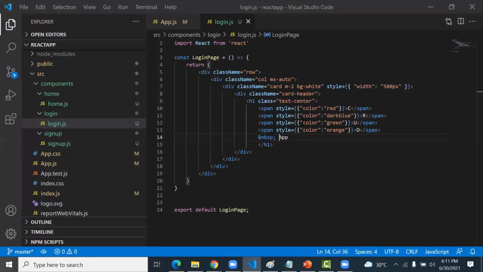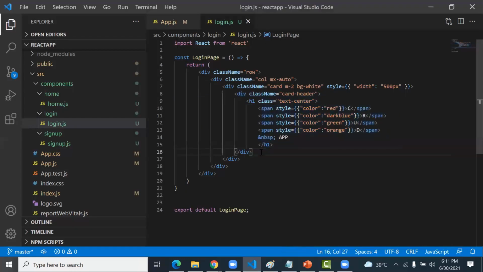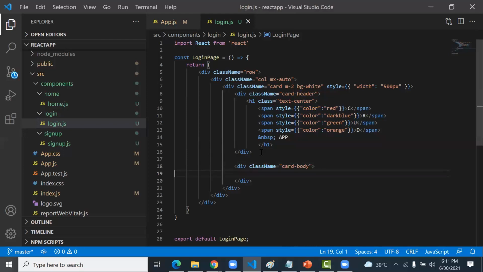Now the next part is the username, password, and login button. For that, this is just the title card header. Simply create one more div with className card-body, and then on the next line you can ask the user for some details. So first I create a label.